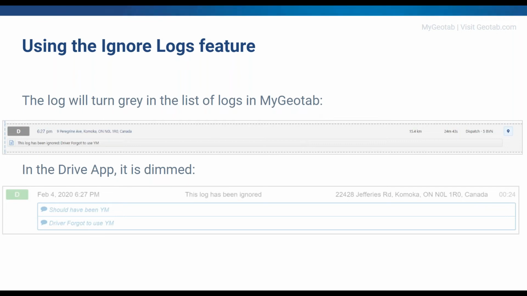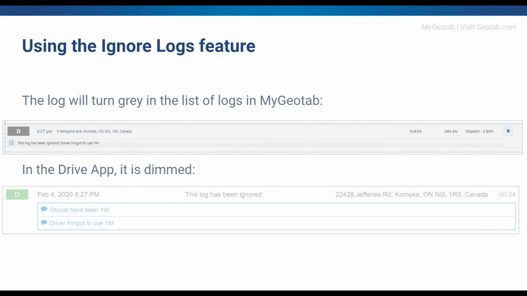The ignored part is something that we can do entirely on our own side because the FMCSA doesn't care about availability. But to tell the driver that you've done something, it will be dimmed out. So if you look at the big list, you'll see any ignored logs have a muted color, and they'll also be able to see the annotation that you put in.